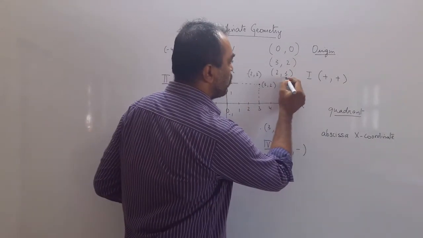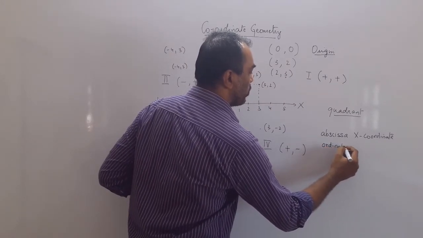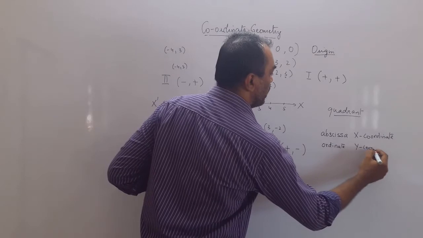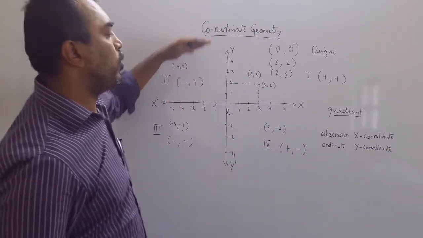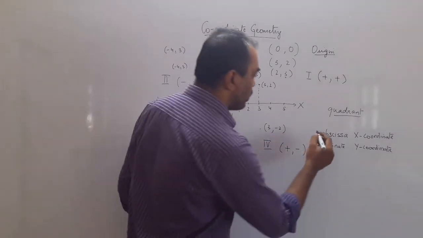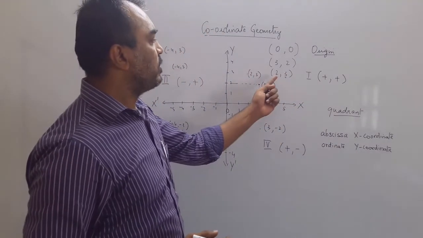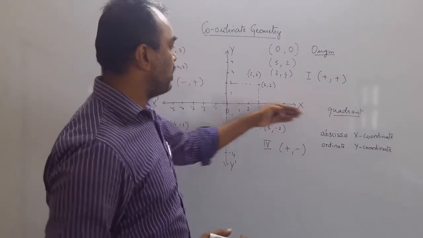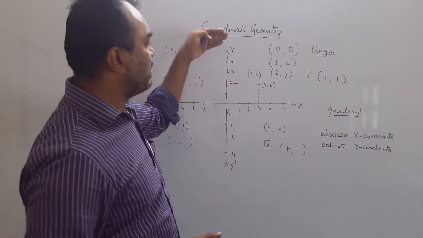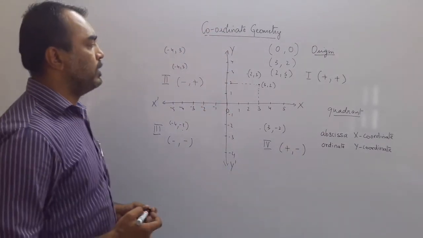The second coordinate is called the ordinate, or also called the y coordinate. This tells you whether to the top or to the bottom. So always there are two coordinates in a two-dimensional plane. The first number tells you to the right or to the left. It's called the abscissa or the x coordinate, and the second tells you top or the bottom. That is the ordinate, the y coordinate.